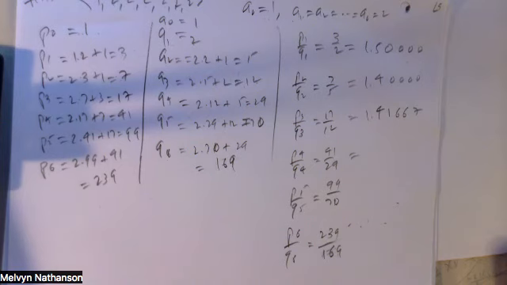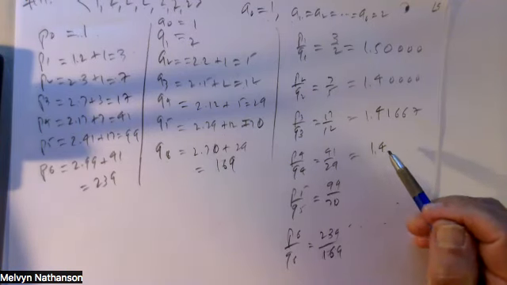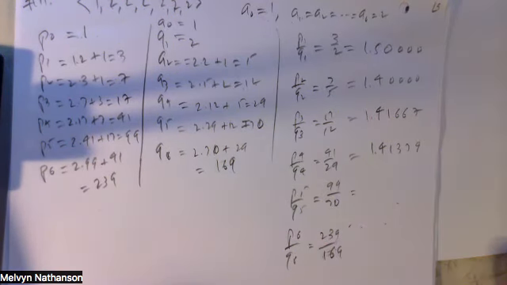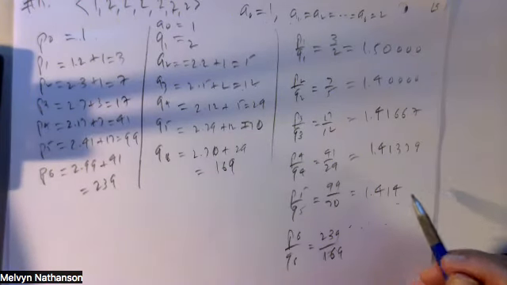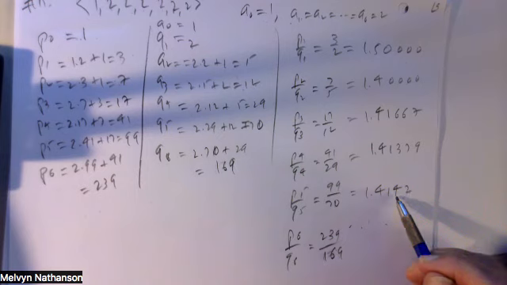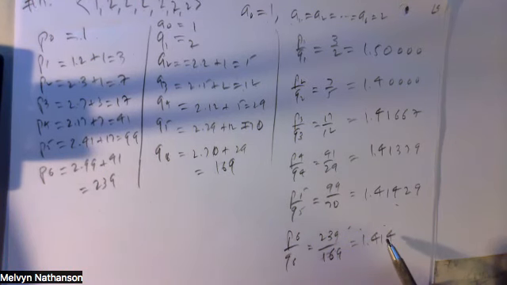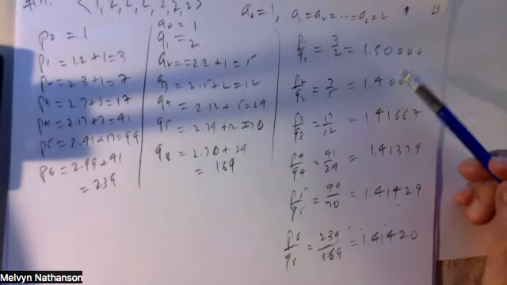41 divided by 29 is 1.41379. 99 over 70 is 1.41429. 239 divided by 169 is 1.41420. So let's see, and you look at these numbers, as you go from one to the next, this goes down, this goes up, this goes down, this goes up, this goes down,